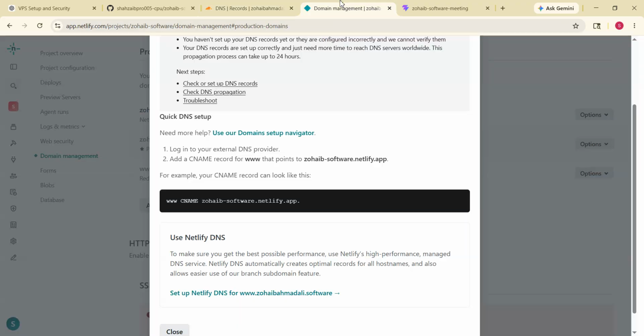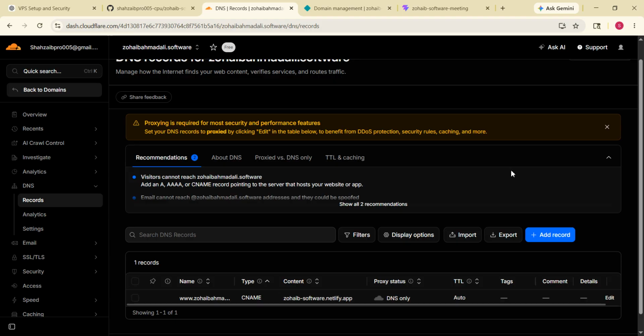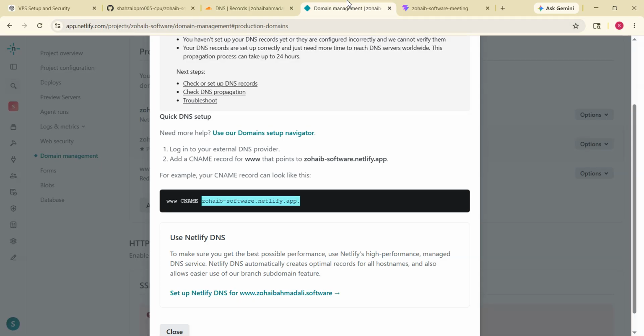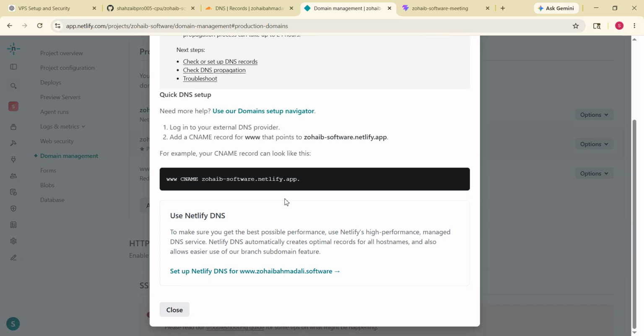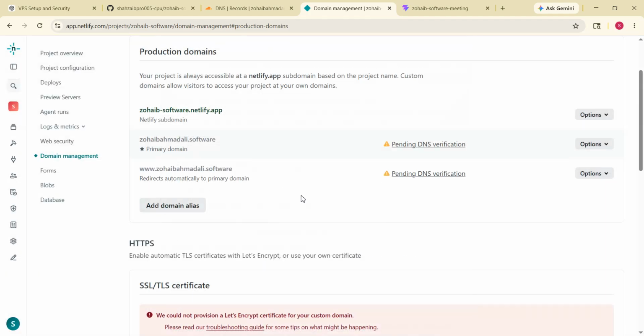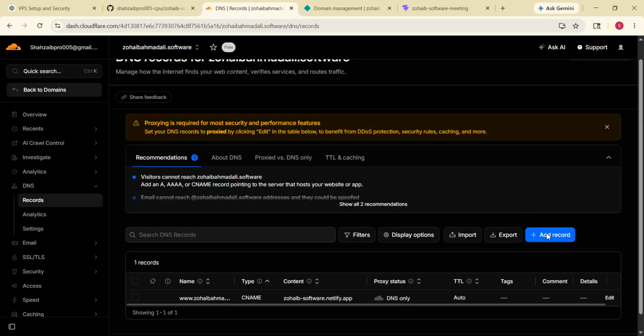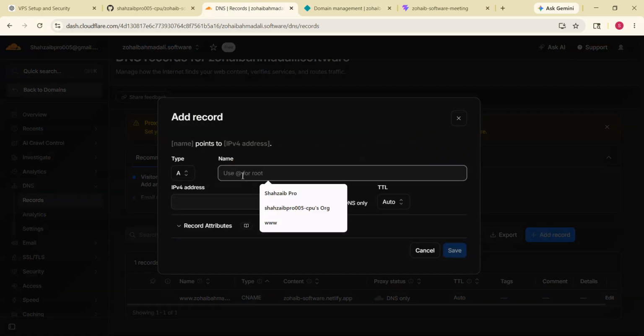www, and then here we will add this, Control C, Control V, and we will click save. And here we will add one more record. Now we will add one more record here, this one A record,